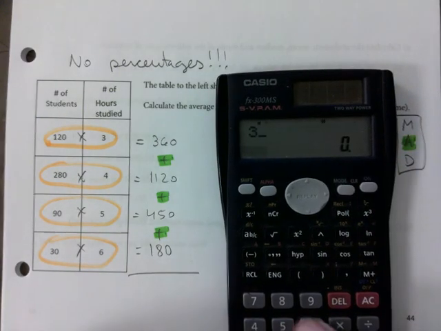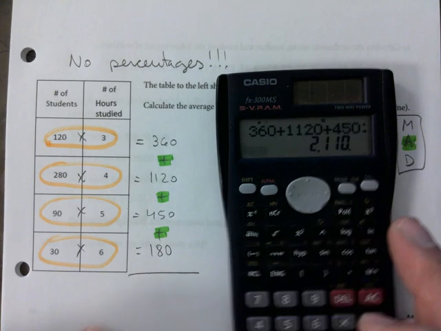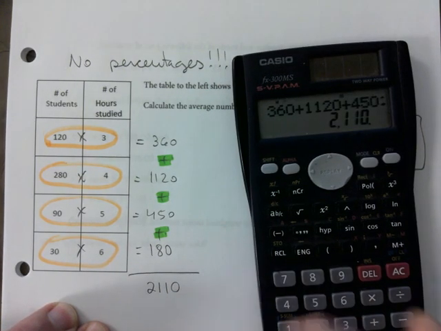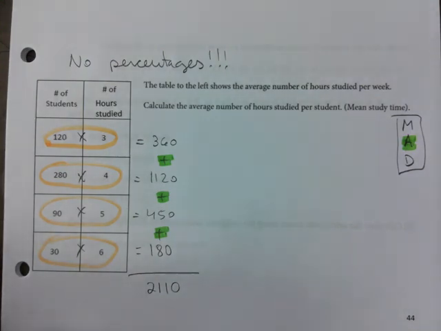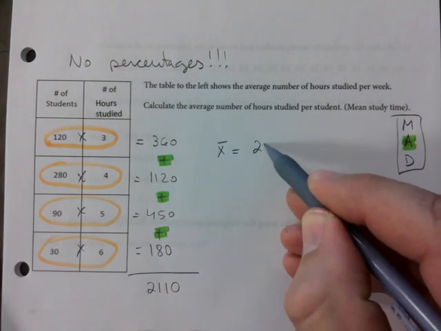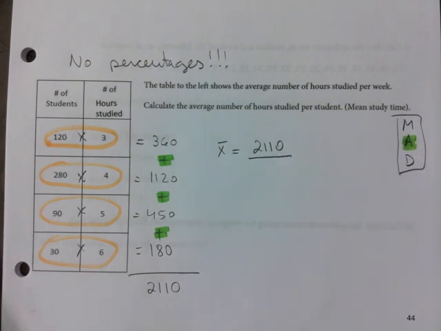So we're going to get 360 plus 1120 plus 450 plus 180. Okay, you get your sum there. So now you're going to say mean is going to be 2110 divided by, and this is the tricky part,